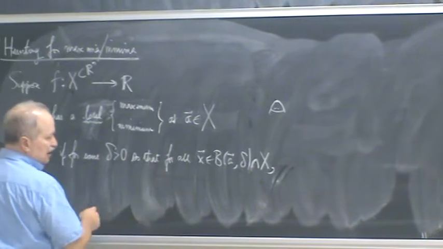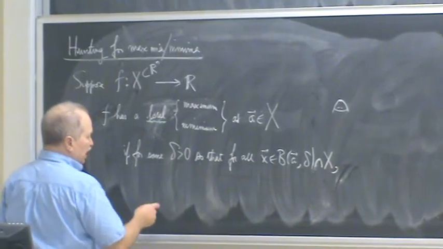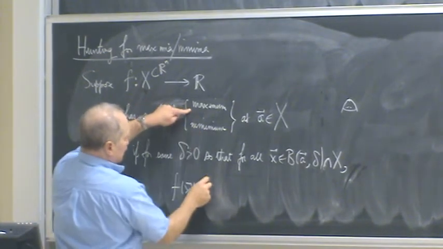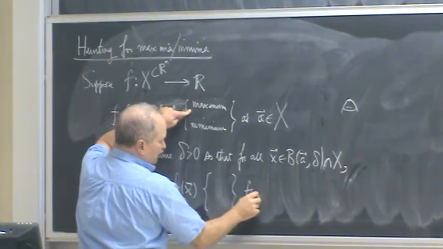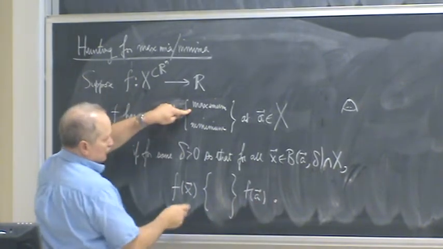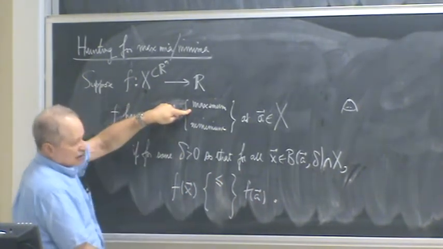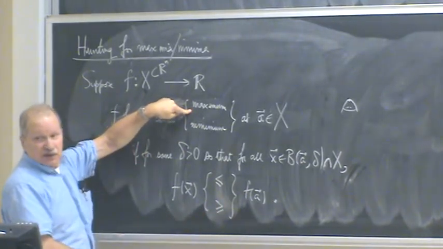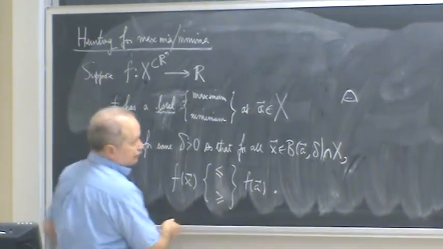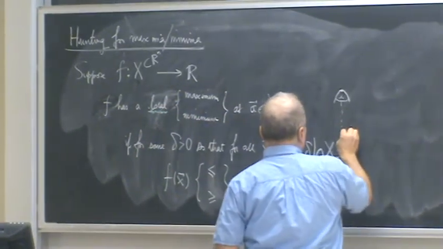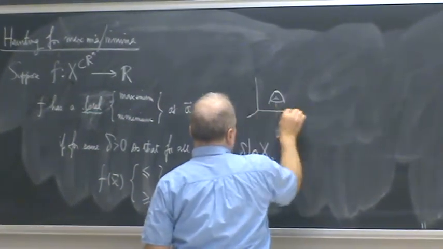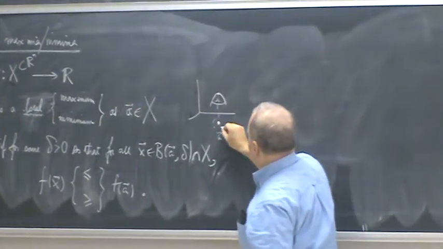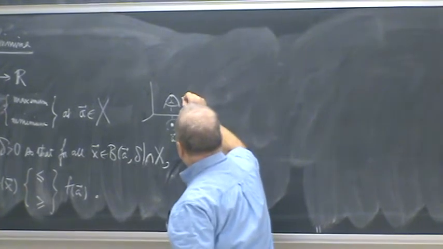So for all x near A in the domain, f of x is respectively less than or equal to f of A in the case of a maximum, and greater than or equal to f of A in the case of a minimum. Everybody agree with that? So this would be at the point A here, and I'm thinking of graphing the function nearby, then that would be a local maximum,